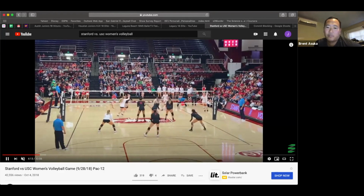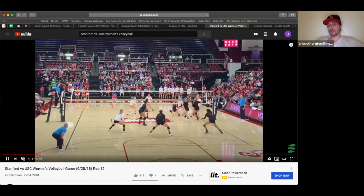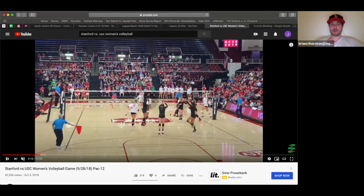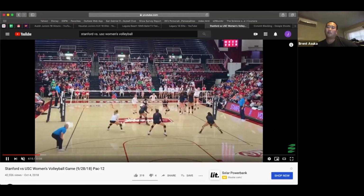So it's a lot of trust because you're trusting that you're both moving at the same time, that you're both getting there. And I think the common thing is we're afraid to run into our right side blocker as middles. But essentially,